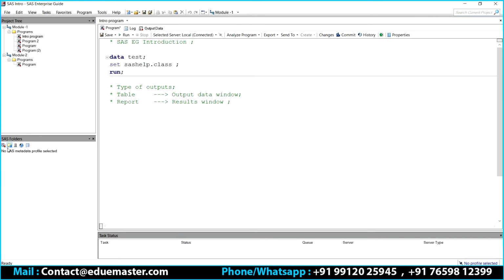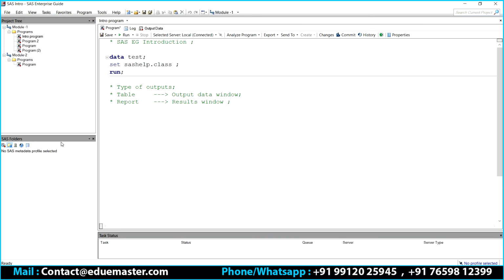The second one is your profiles. This is SAS folders, if you want to create some SAS folders specifically for you. Because this is a Linux environment, whatever your Enterprise Guide is generally used with is Linux. In Linux, every one of us will have one profile. It says what your username is, what your password is, and what your home folder is. Home folder is the place where you have all your details. If your SAS is installed in such a way, and you have your profile created and selected here, here is the place you can see your metadata.